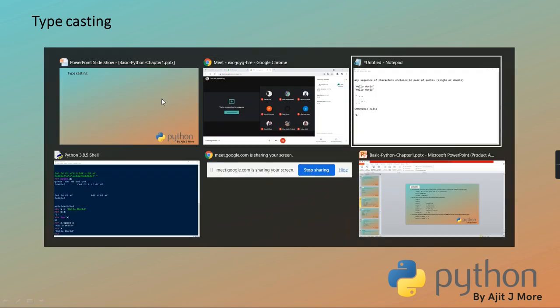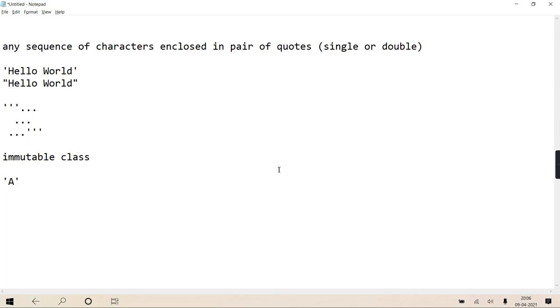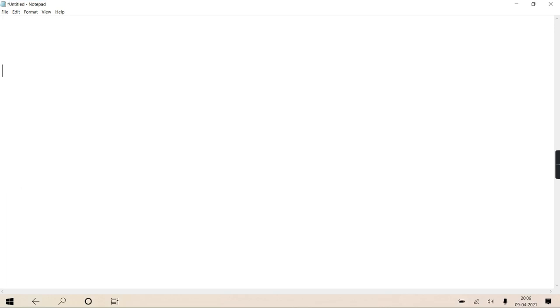But for implicit casting, I'll give you the situation. Now you are writing A equal to B plus C, but B is an integer object and C is a float object. I've talked everything in terms of objects, as it's pure OOP; everything is an object of some class. So B is an object of the integer class and C is an object of the float class.